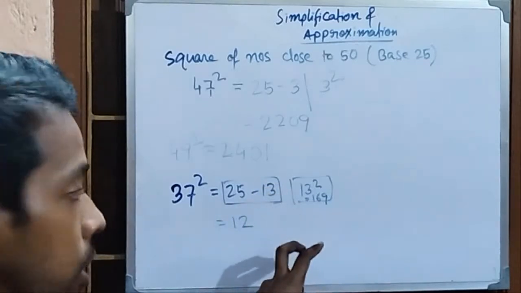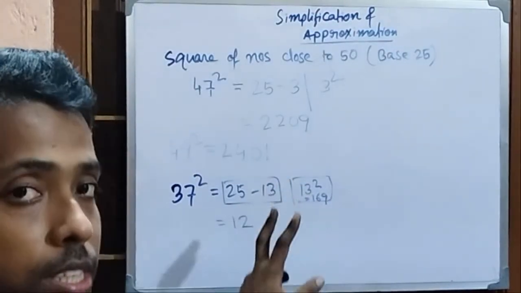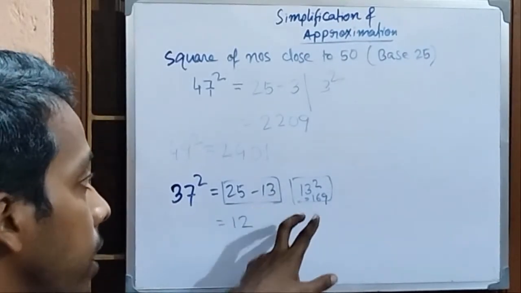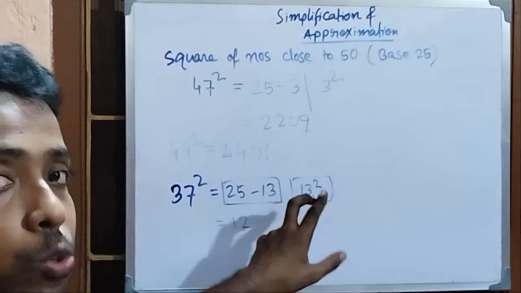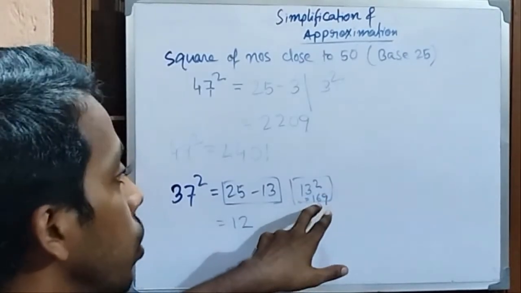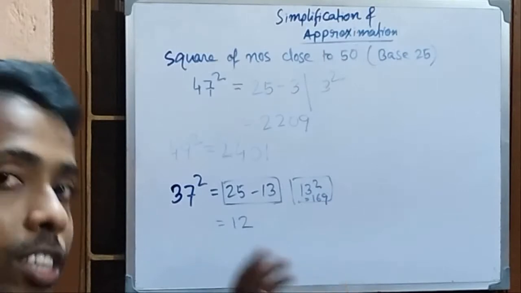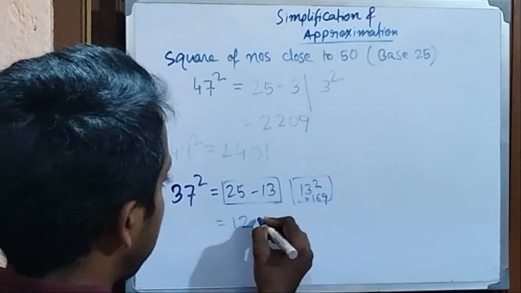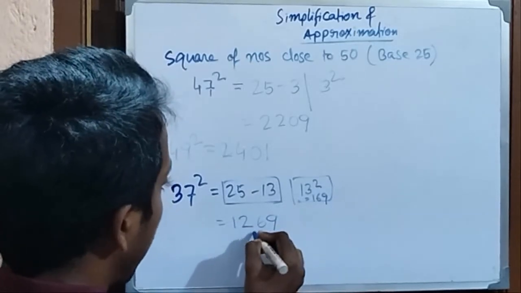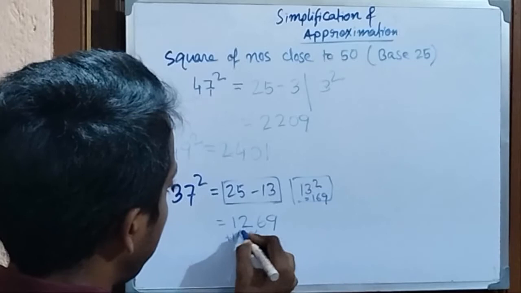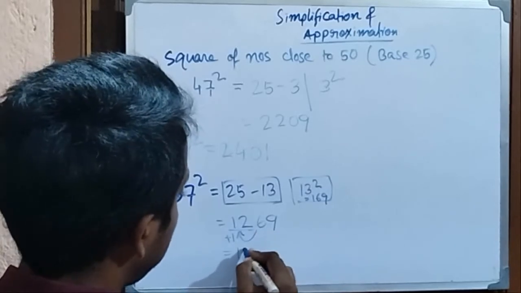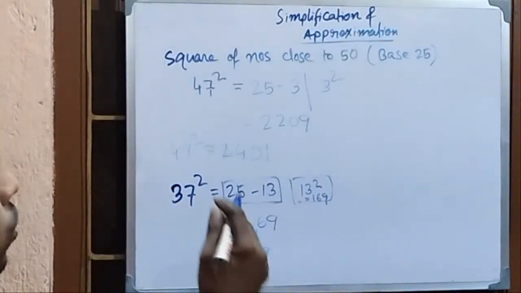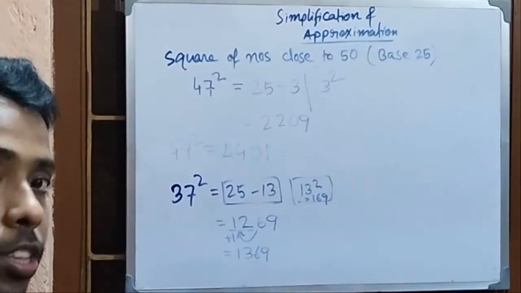But as I have already told you, each of these boxes would carry at most a 2-digit number. Even if the second box is not carrying a 2-digit number, then you should add an extra 0 just before that number in the respective box. So here 69 would be in the box, and the 1 would be carried forward and added to this part. So the final answer is 1369, right?